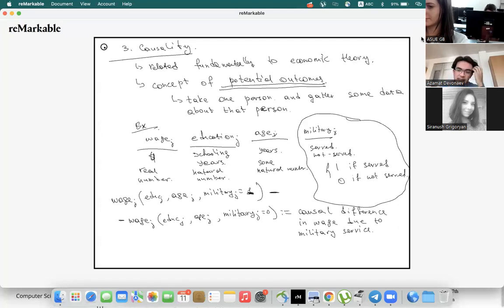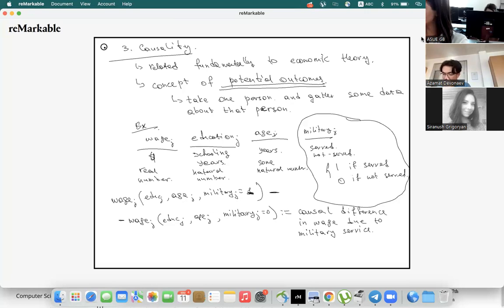Don't forget about the theory. Of course, military service might be really related to the wage because the person that goes through the military might get better at problem solving, or they might get even worse. So there is some theoretical link between wages and military. This is why you think that this thing matters, and you can say that there is some causal relationship or not.